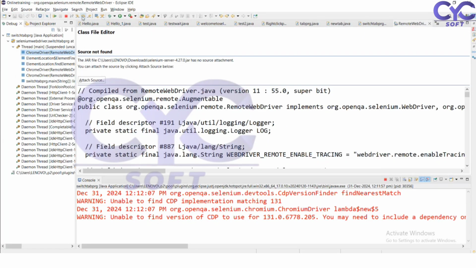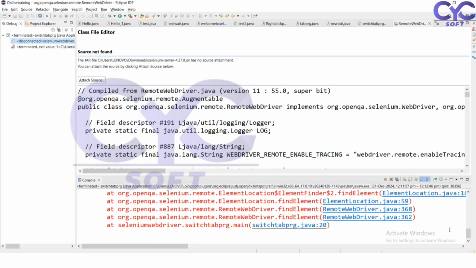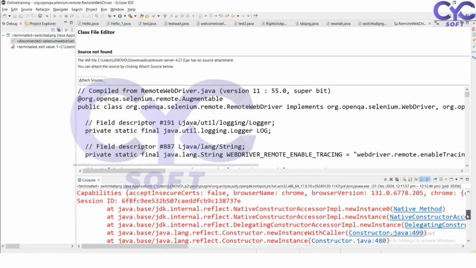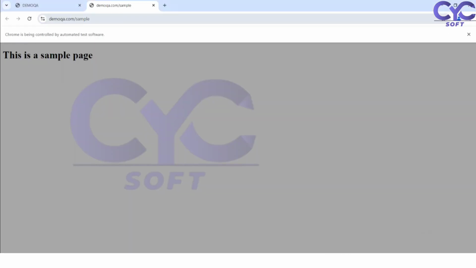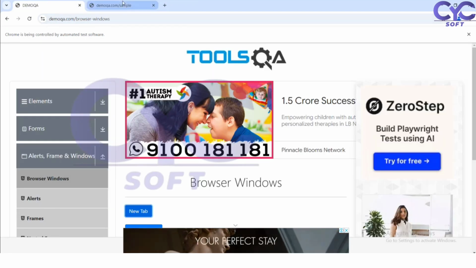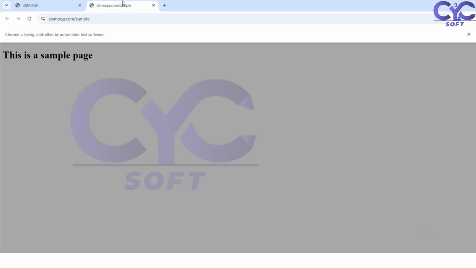Here I'm getting an error. What is the error? It says the element is not interactable, no such element. Why? Because that element is in another tab. Previously I was in this tab, and afterwards I switched to this tab, so I'm not able to find that element. To find that element, I have to switch to the particular